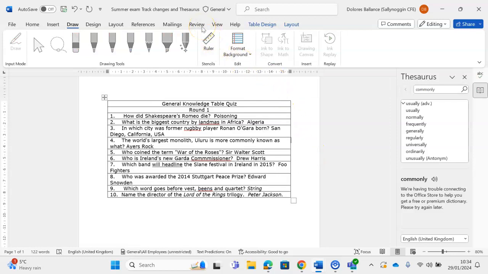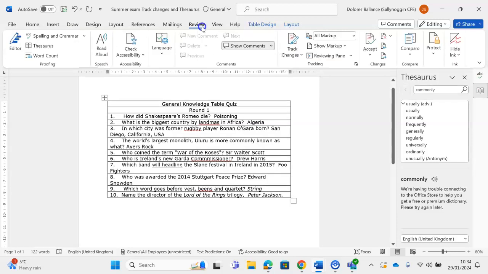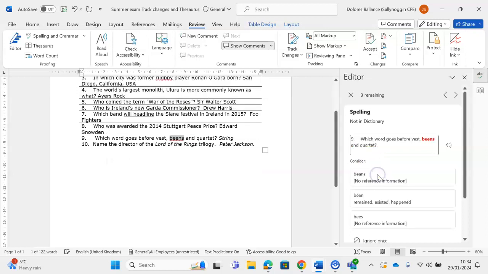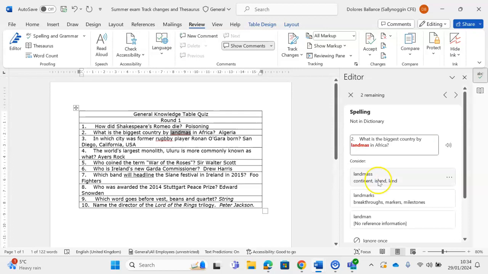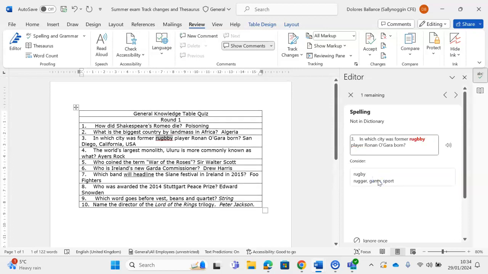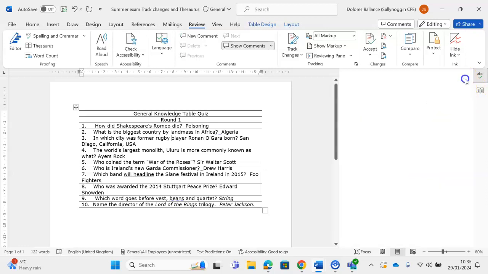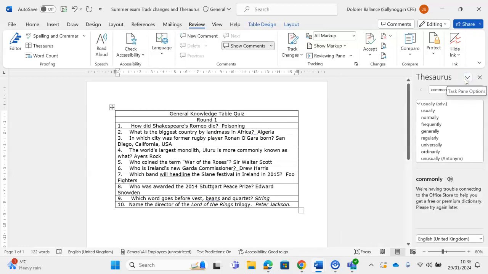So this is just really revision on what you've already done. I go to the Review tab, Spelling and Grammar. First word for correction there is commissioner, beans, and landmass. Oh, and rugby. Okay, so they're all done. I can close that. Then it asks me to use the thesaurus function to find another appropriate word for commonly